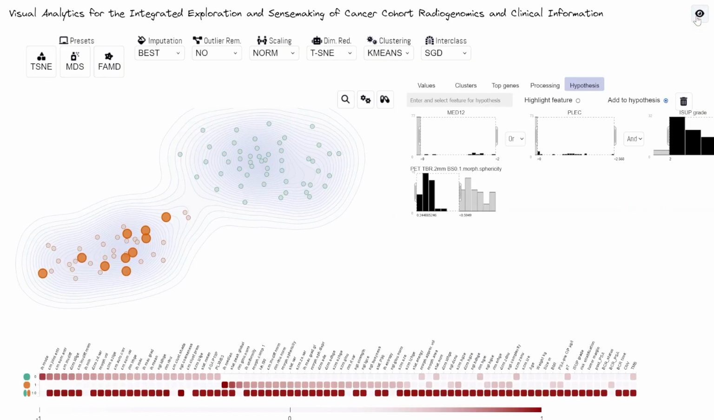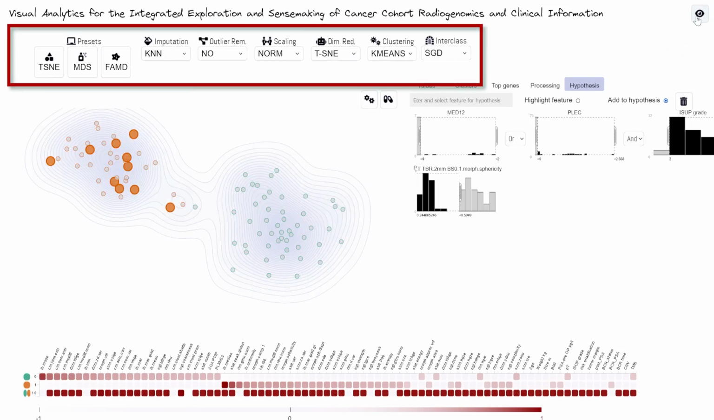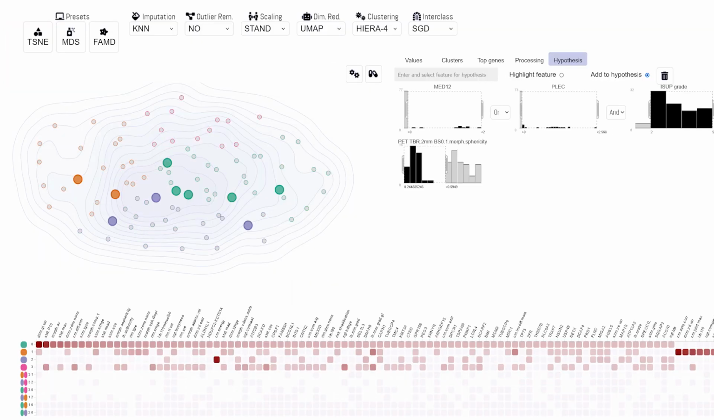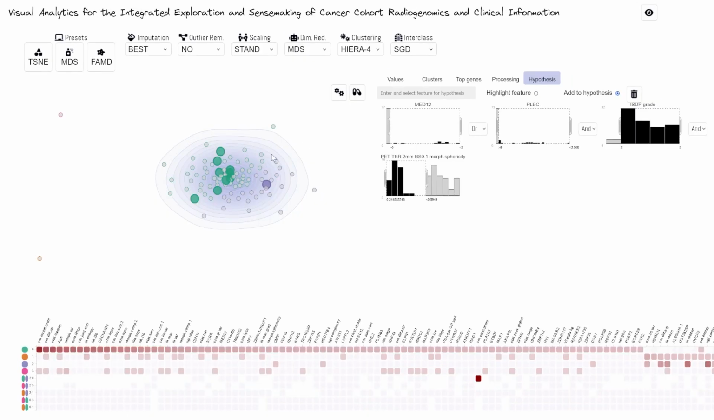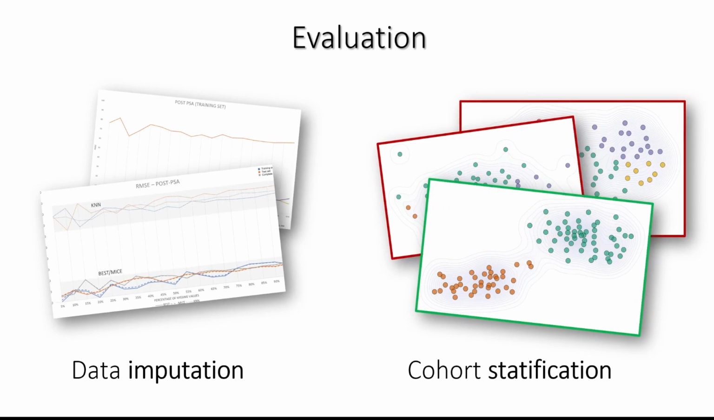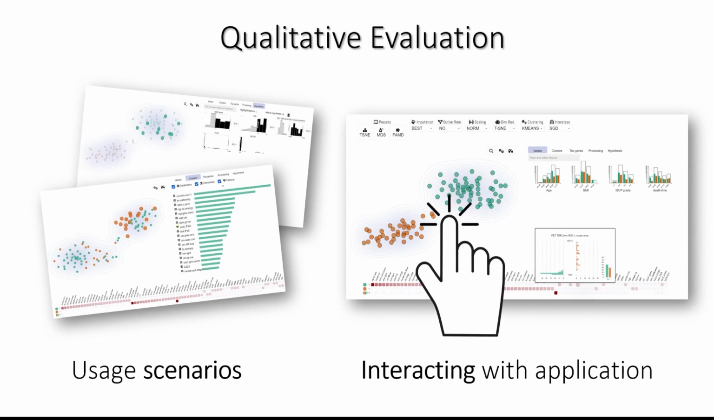Advanced analysis options are available on demand. These allow users to investigate the impact of any change of the analysis methods on the resulting patterns and patients. We evaluate the data imputation methods through calculating the root mean square error and assess the cohort stratification through cluster similarity scores. We evaluate our framework also together with cancer experts by usage scenarios and by experts interacting with the